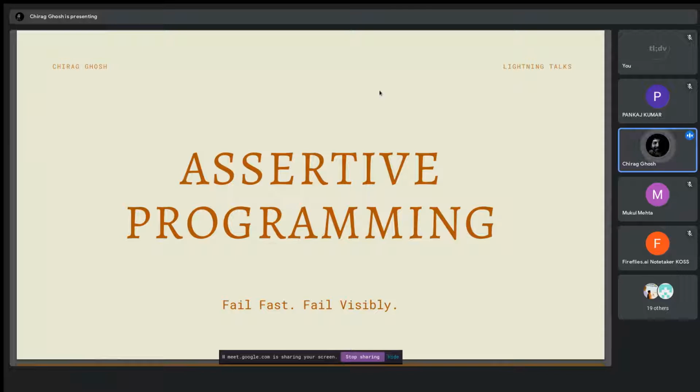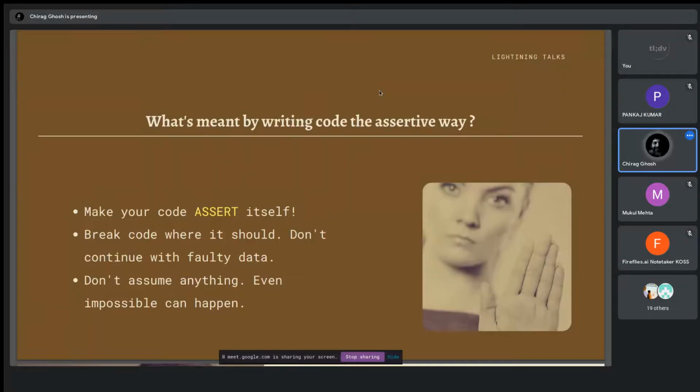So what is it? To give a fair overview, it is a principle of writing code which is based on fail fast. That means, suppose there is some problem with the code, or there are some bugs, or we have made a mistake. We don't want that particular program to run wrongly, so we will just terminate it at the time at which we see that there is some problem with it. We will just terminate it, nothing else.